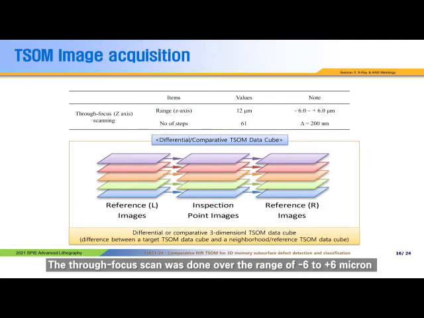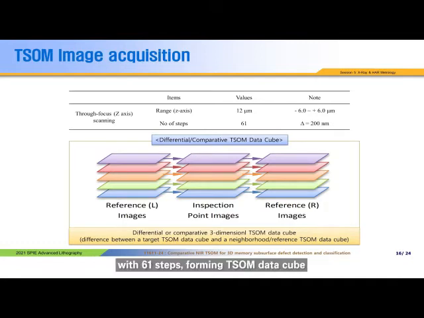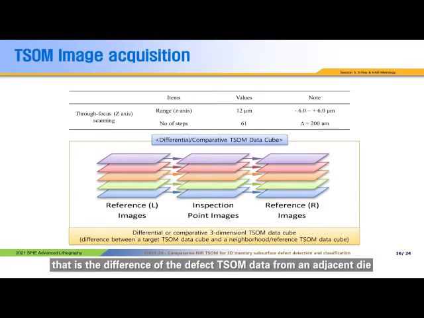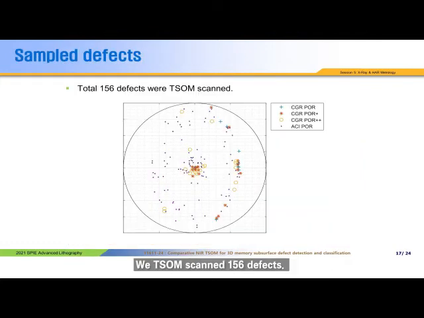The through focus scan was done over the range of -6 to +6 micron with 61 steps, forming a T-SUM data cube. Since we apply a model-less T-sum method, we use a differential T-sum data cube. That is, the difference of the defect T-sum data from an adjacent die or that of a golden die known to be defect-free. We T-sum scanned